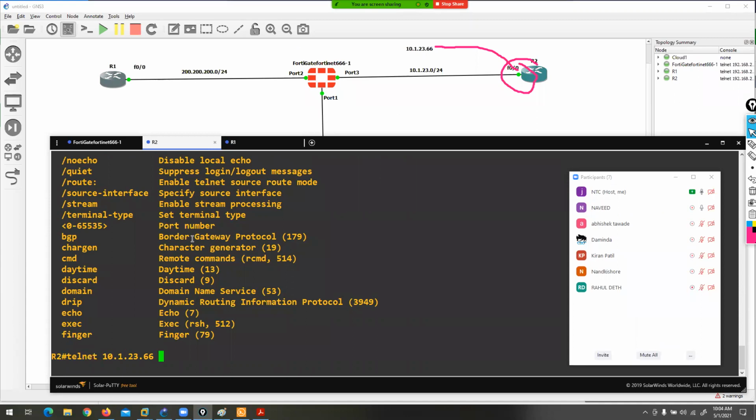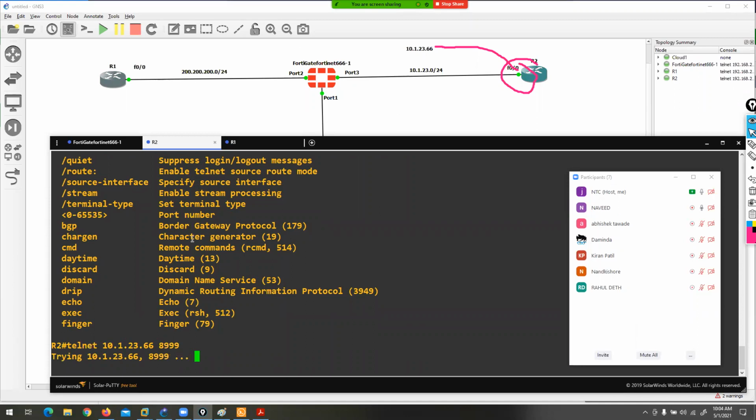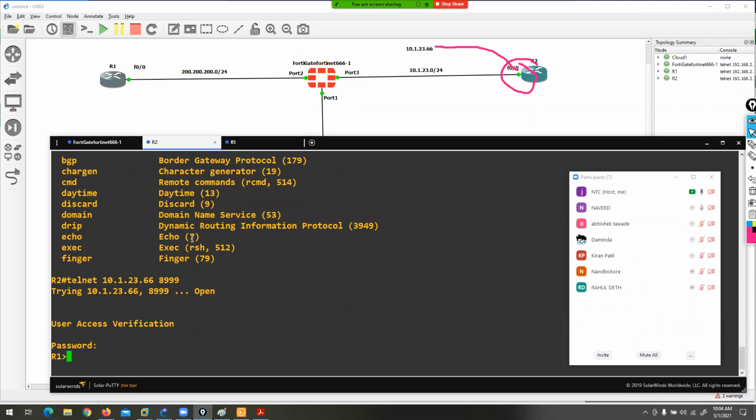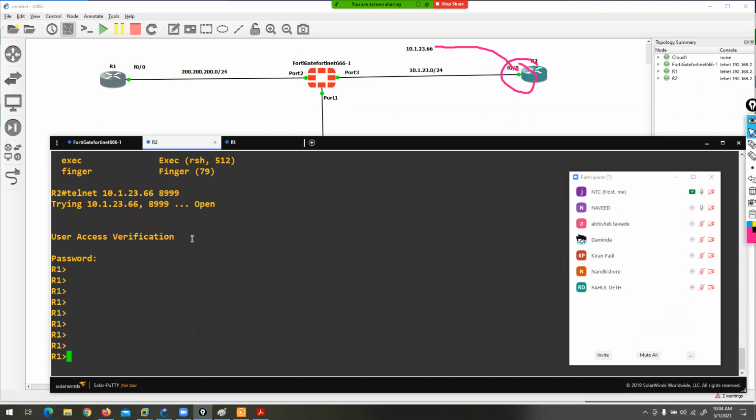So the port number you're requesting is 8999. Okay, everyone. Okay, perfect. Password is Cisco. See, guys, you can access your router R1. Kiran, Nandkishore, Rahul, Daminda, Naved, all good to go.